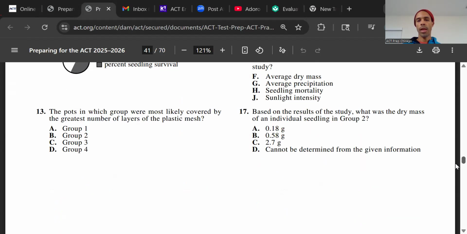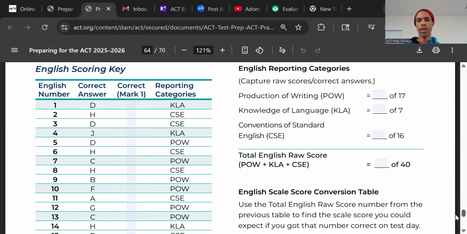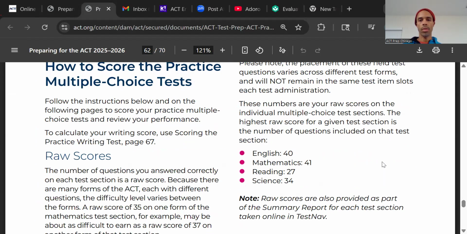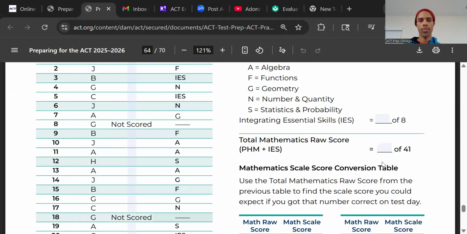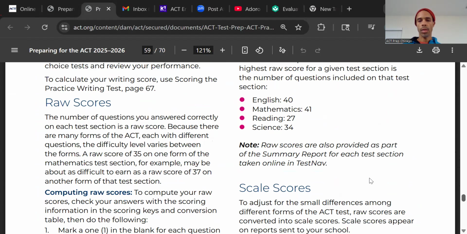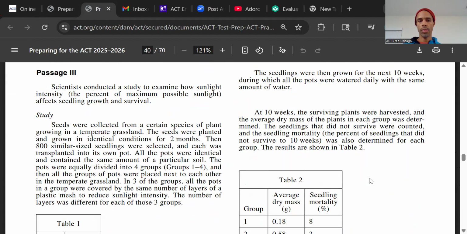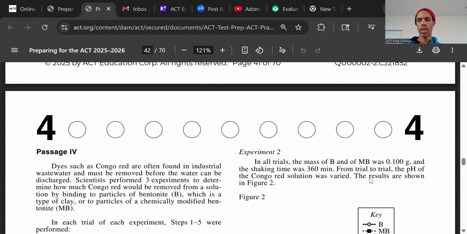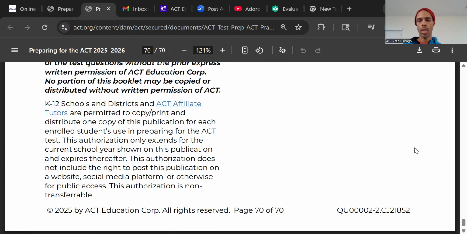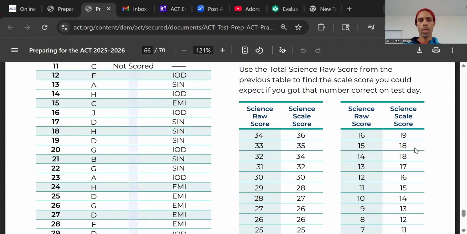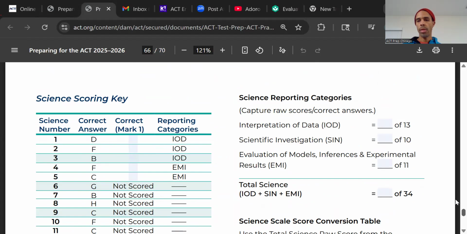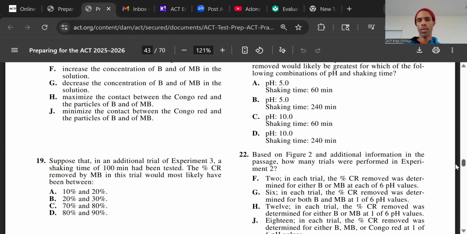Instead of looking up abiotic, I can just look at the answer key. And the correct answer is going to tell me the abiotic factor. What's wrong with that? Oh, man, I started looking at the answer before remembering the question. That was number 16. 16 is J. So abiotic factor